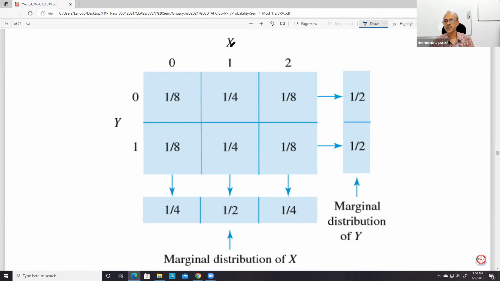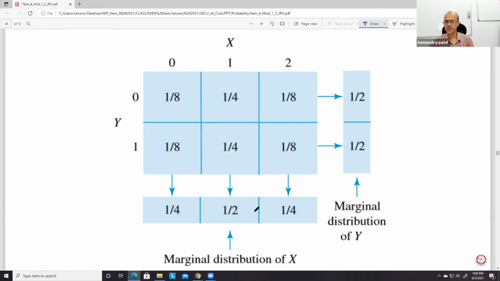Similarly, there are 2 heads in the first two tosses, and 0 heads in the third, so that the last will be tail only. Okay, so there is only 1 possibility. So again, the probability is 1 by 8. So in this way, these probabilities are calculated here, and this table is completed.